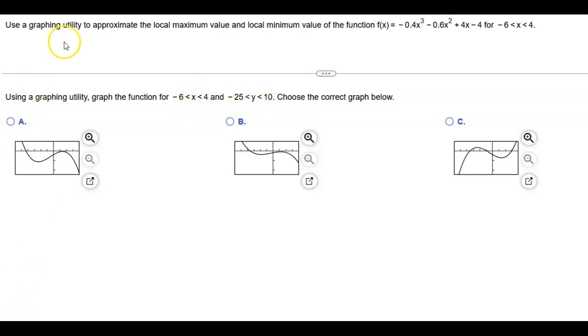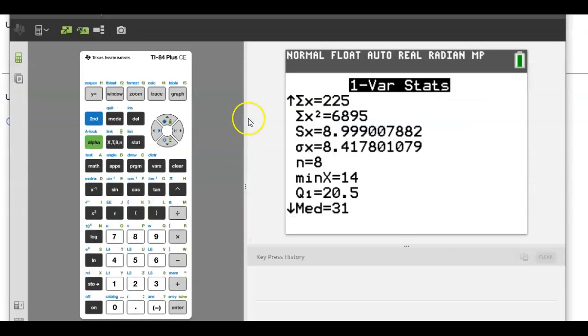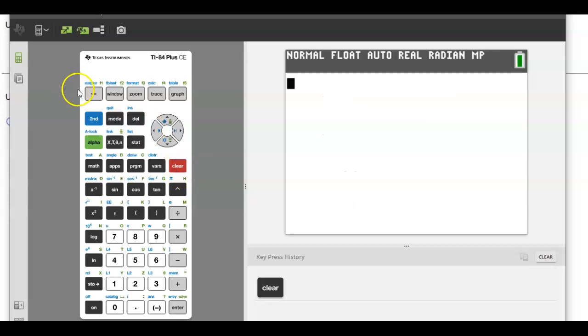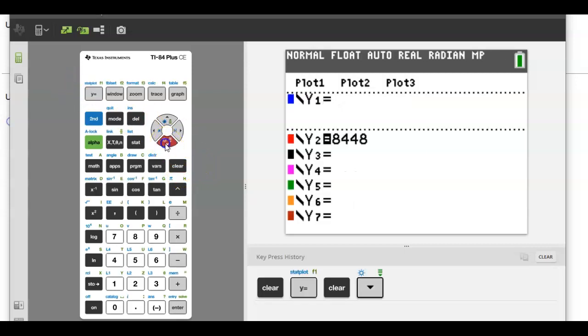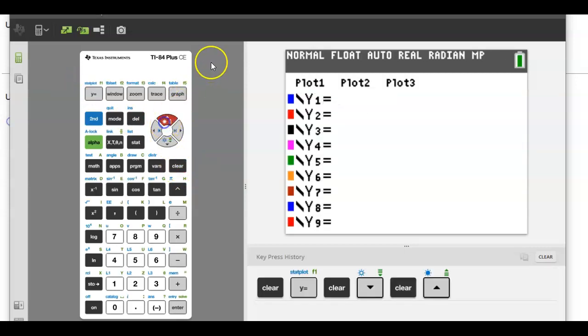So the first thing it says is use a graphing utility to approximate the local maximum value and local minimum value of the function, and they give us a function there, and they also give us the domain of our x's. All right, so pulling up the calculator here, I will go to y equals, clear out my old equations,